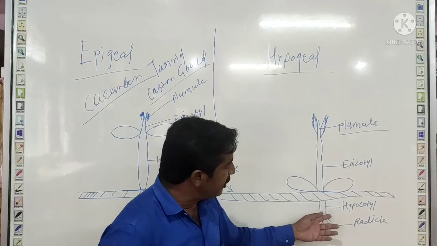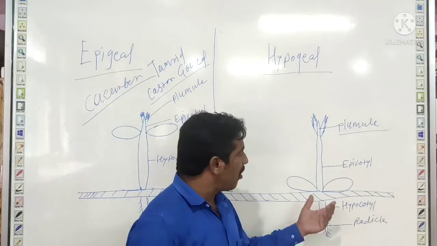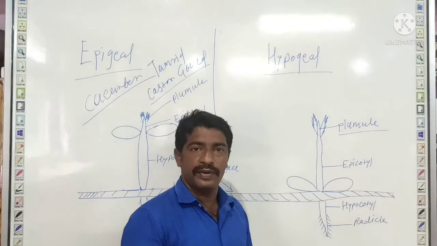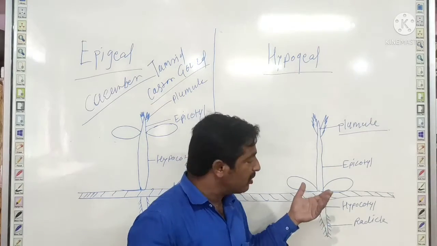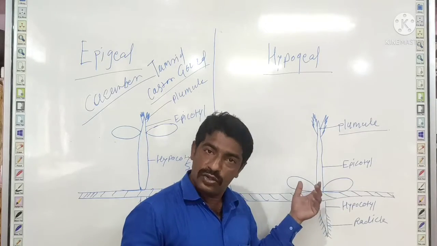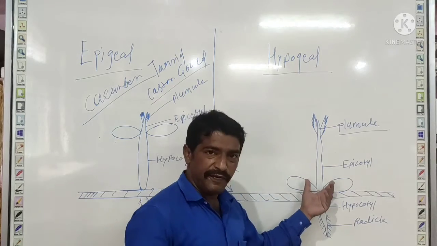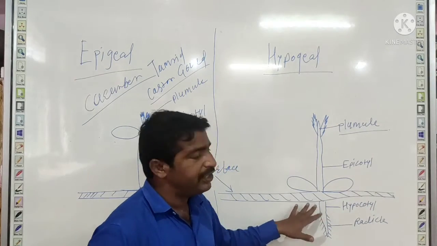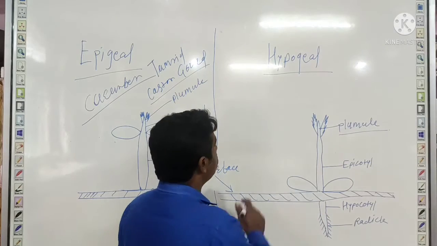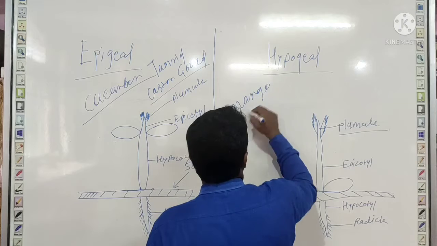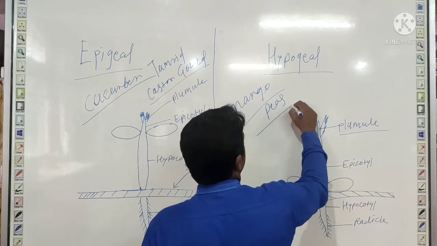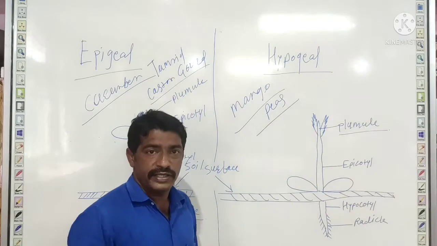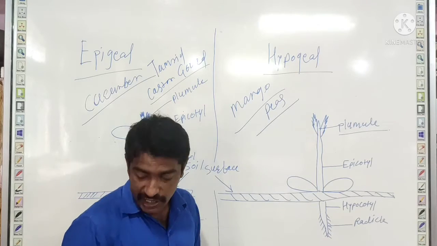Here, as there is no elongation of the hypocotyle, the cotyledons in some plants sometimes remain underground, and in some plants, if the cotyledons are raised out of the soil, they appear as if they are stuck to the soil surface. This type of seed germination is observed in mango or peas, etc. There is another type of seed germination that is called viviparous germination.